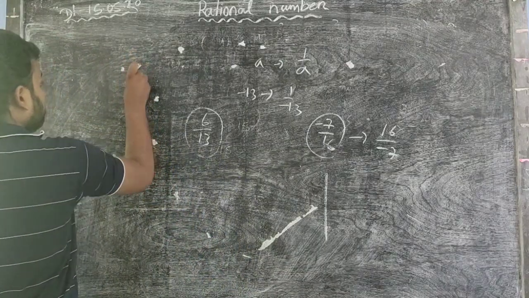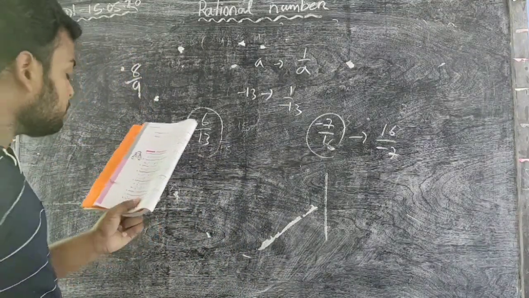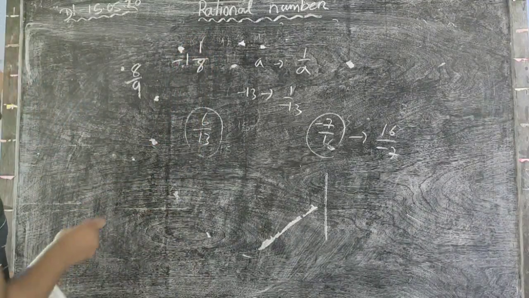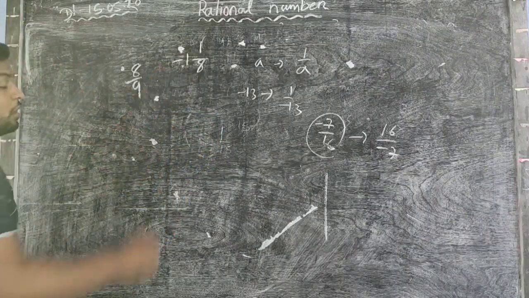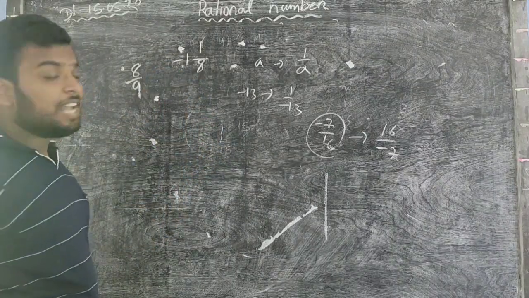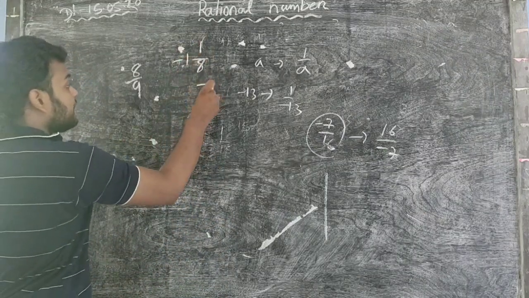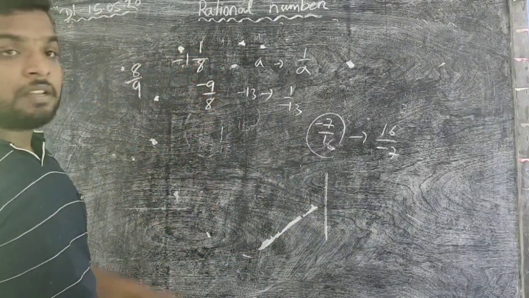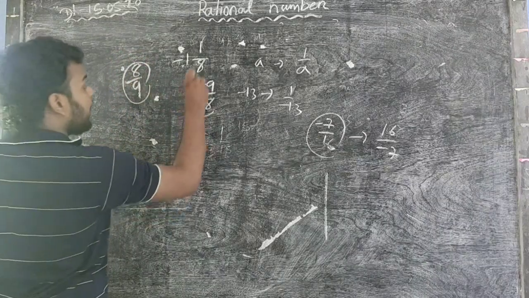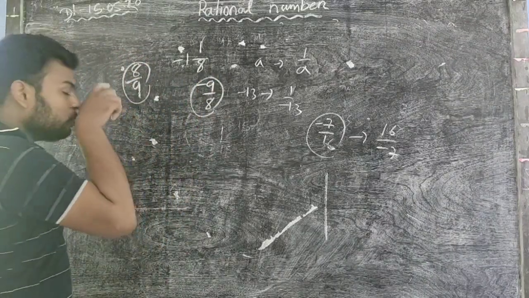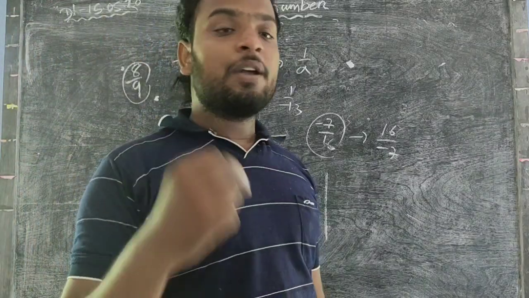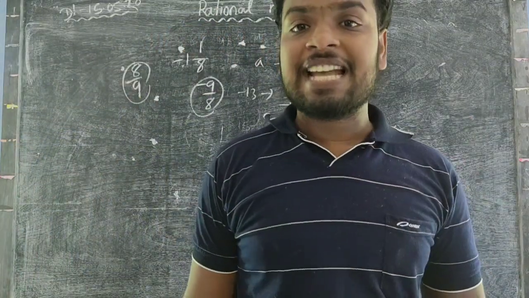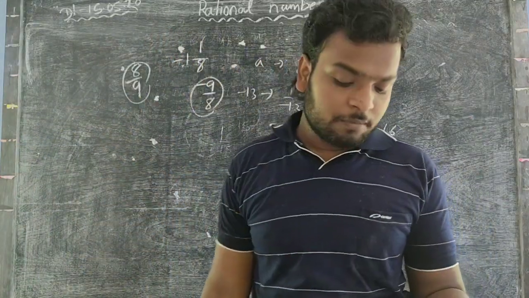Then 8th number: 8/9 is the multiplicative inverse of minus 1 whole 1/8. So see, 8/9 is the multiplicative inverse of minus 1 whole 1/8. So you see that minus 1 whole 1/8 is minus 9/8. So here 8/9, here minus 9/8. Okay, so you know that there is no sign change during the multiplicative inverse. If the question says no sign change is needed, then this is not a multiplicative inverse.